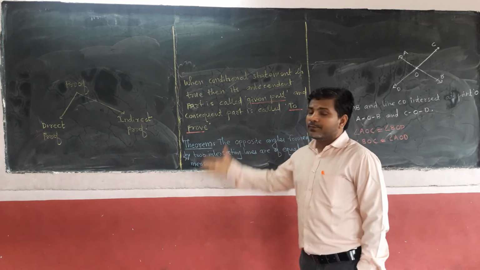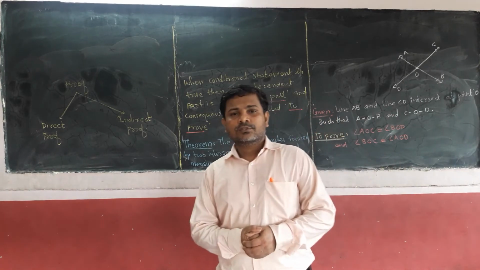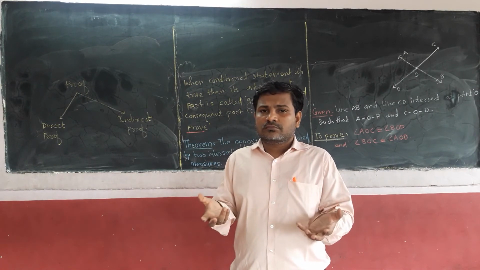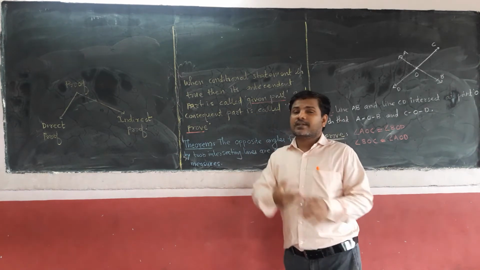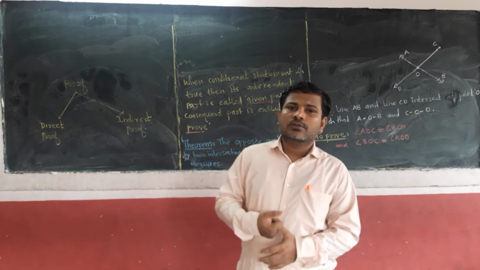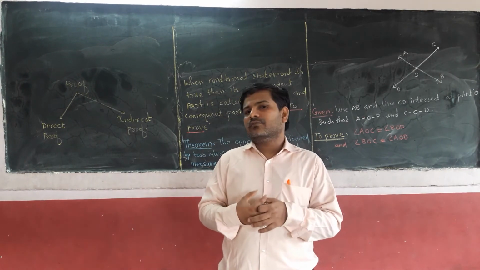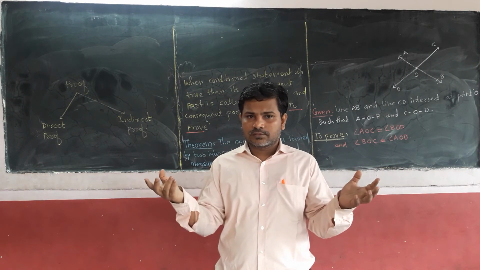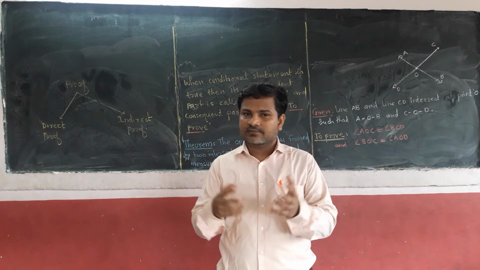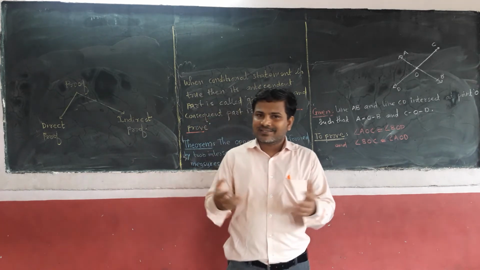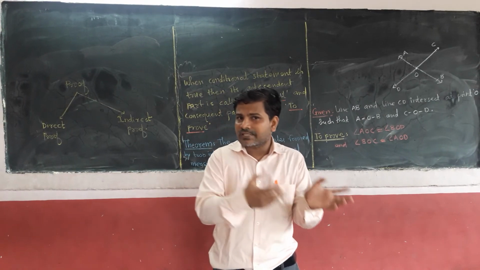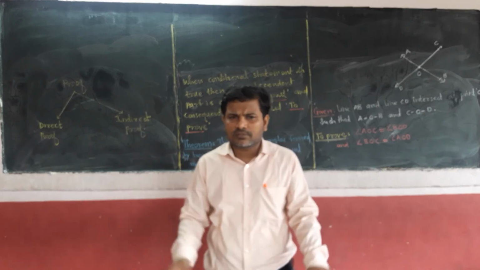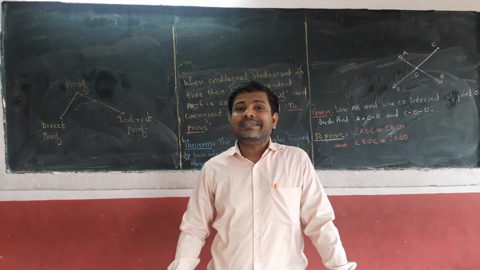And what is the meaning of indirect proof? Indirect proof means in this proof you have to assume something, and if the assumption turns out wrong, then you will get a result. For example, in our day-to-day life, what are we assuming? We are coming to school. We assume that when we go to school, we will work hard, and our result will be very good. But on the day of the result, all the matter is clear. Whether you have worked hard or not, your assumption will be checked. If you have worked hard, it is correct, and if you have not worked hard, the result will not be good. Such a type of proof is called an indirect proof.